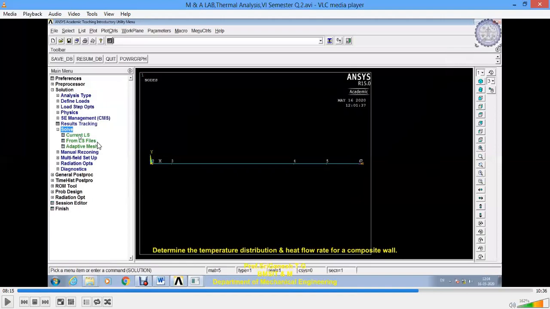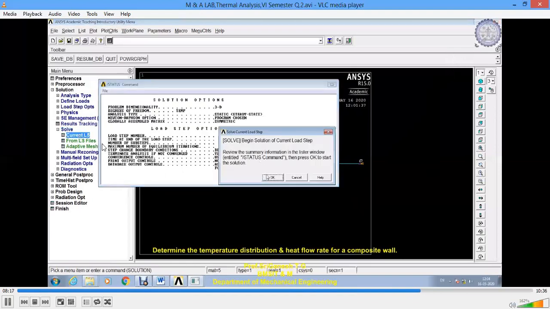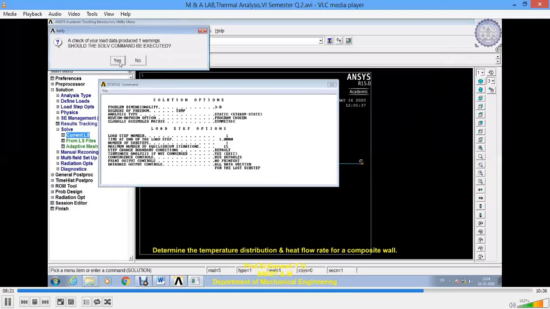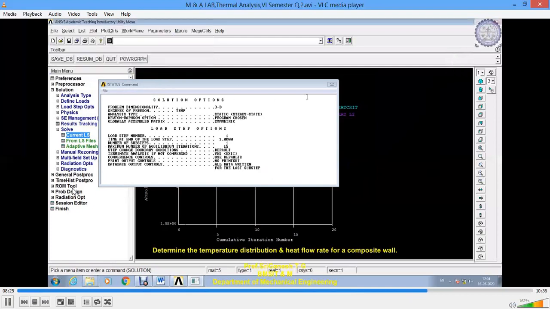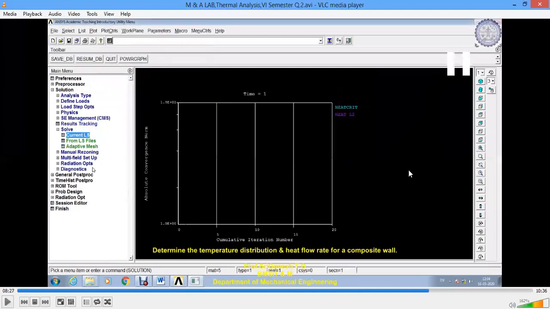Now we'll go to solve, click on current LS, and click on OK. We'll get this dialog box, click on OK, and yes, the solution is being done. Click on close in this window. We can close even this window also. We'll see the results now.